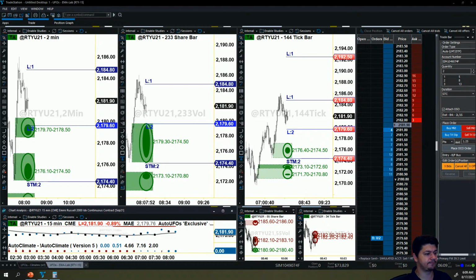I'm just noticing something here that's a little bit odd. RTYU 21. That's really strange. Oh, no, okay. Yeah, we're good. I just wanted to make sure everything was working okay on my end here. It is, so we're good to go. So yeah, that's our trade. Looking to basically get it set up that way on my end here as well.